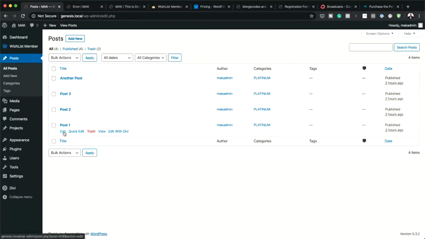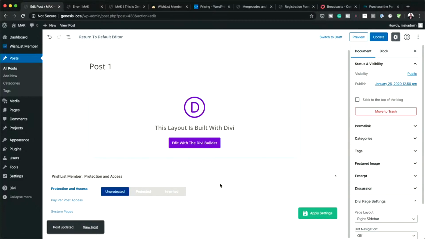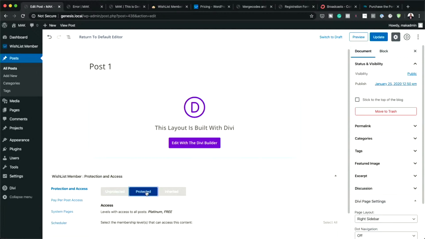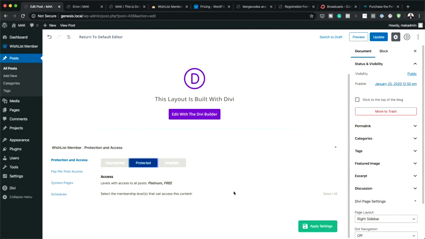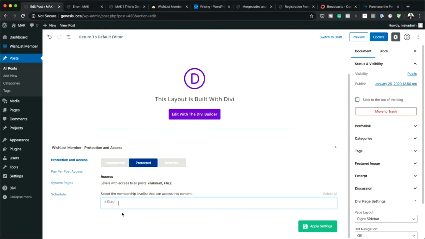If I click here on edit, on the bottom here, and this is what really excited me, right? On the bottom here, you can see it says protection and access. Right now, it's unprotected, so you can actually protect this right away just by clicking here. Now it's protected, and over here, you can select your membership level. So you can see it's got gold, VIP, and so on. So let's say I want this to be set to gold. And by the way, you can also add multiple